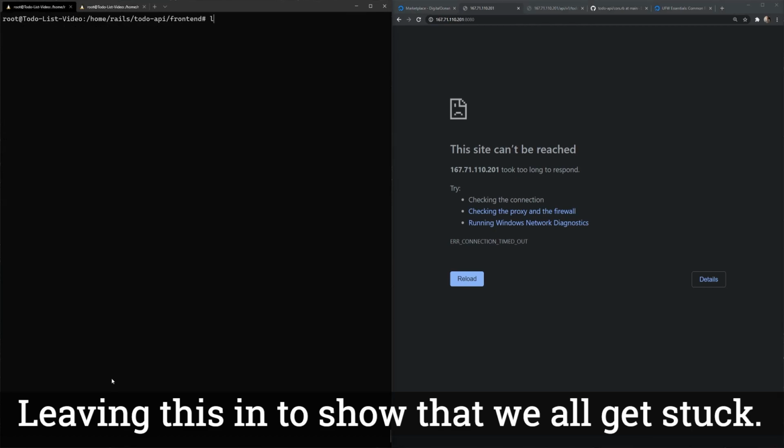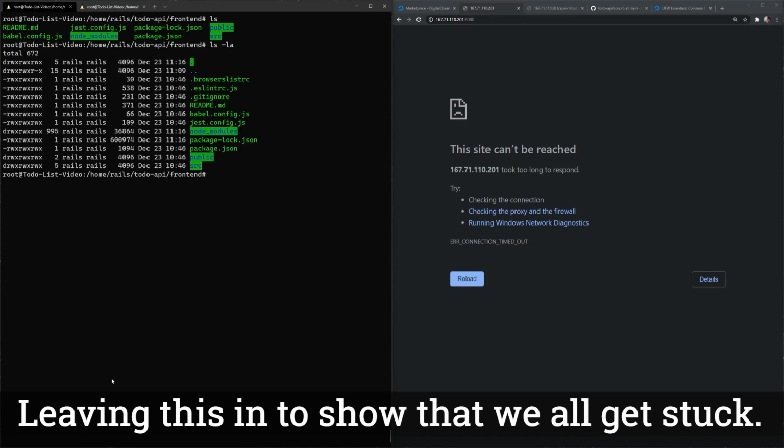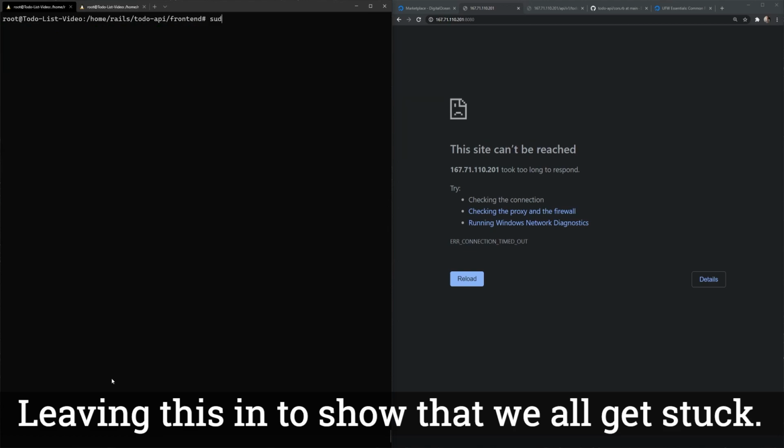I wonder if this is an issue with it being owned by, okay, so let's try this. Let's do a sudo -i -u rails, cd /home/rails to do front end API. And then let's do an npm run serve as the,